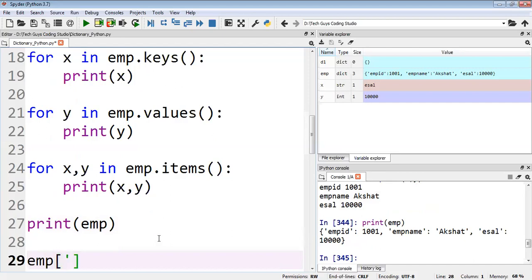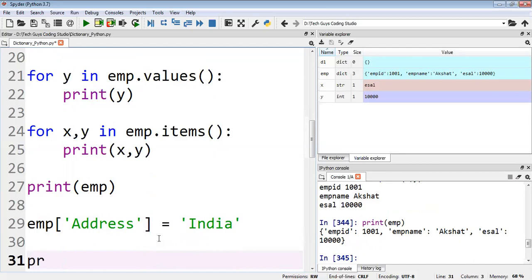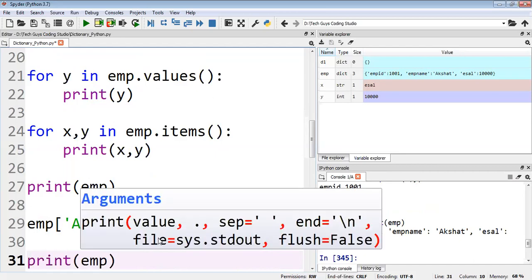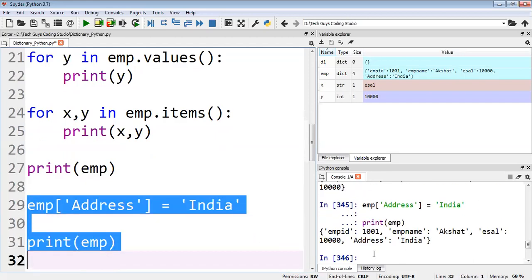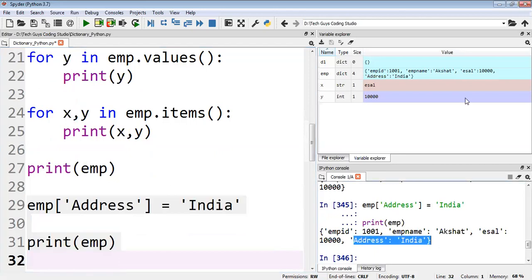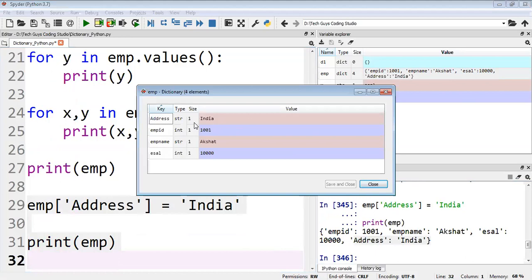Then I check whether it's added by displaying my dictionary. You can see it's added.